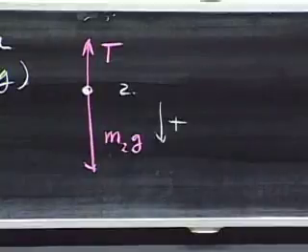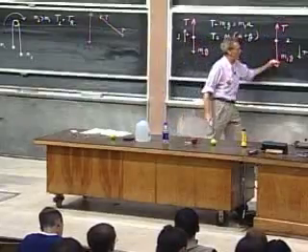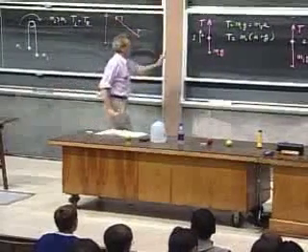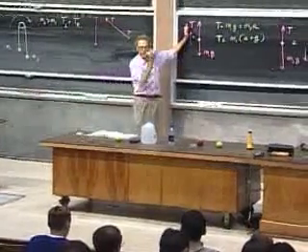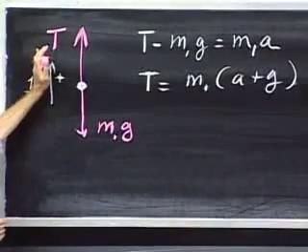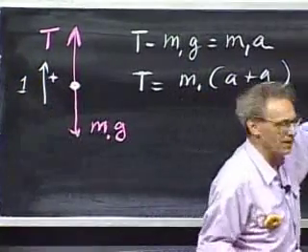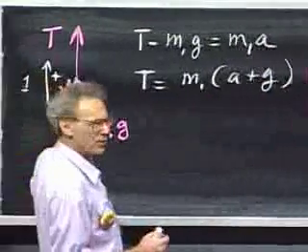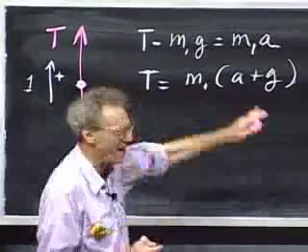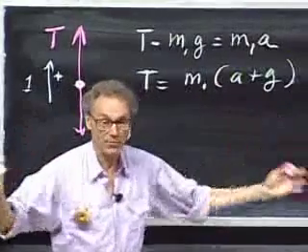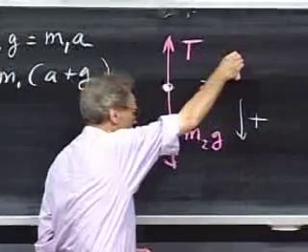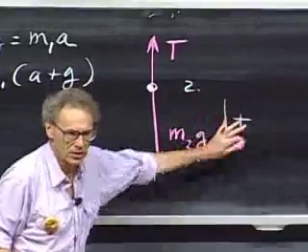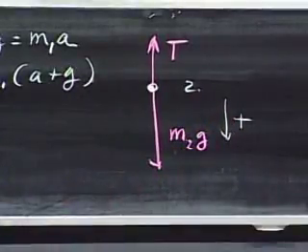The reason why I now switch directions and call this plus as well as this is a good reason for it. It's not so arbitrary anymore. I know that this acceleration is going to be a positive number because it's going in this direction, it's a given. If I called this negative, I would get here a negative acceleration for the same thing for which I get here a positive. That's a pain in the neck. I don't want to have a plus and a minus sign there, have to think about that it means the same thing. So the moment that I define this the plus direction, I know that this acceleration will also come out to be the same sign as this one. So I flip the signs there.